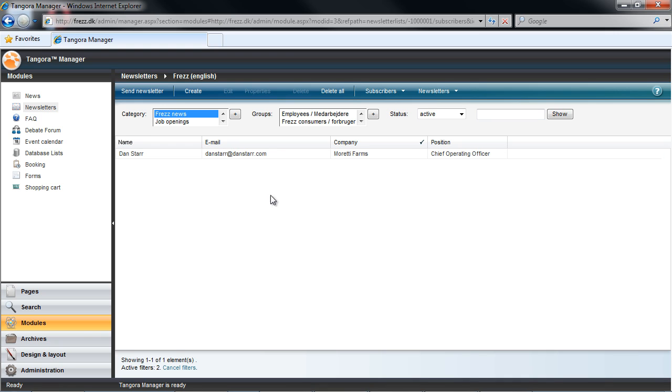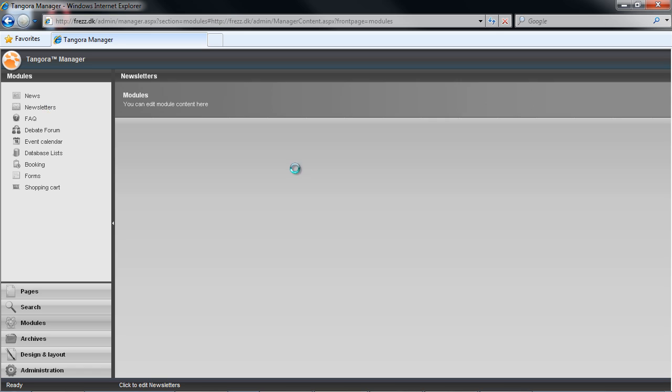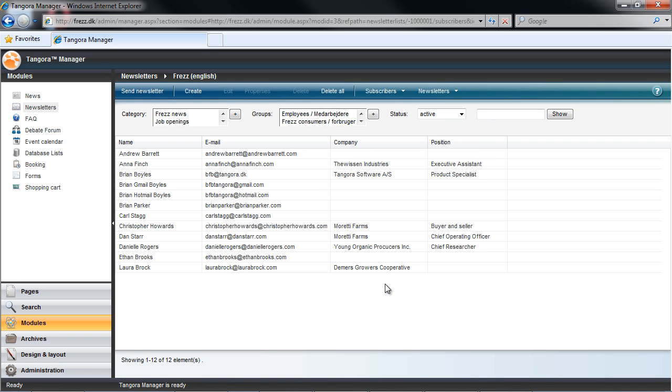Now, if I were to leave the newsletter module here and return at a later point, I would experience that the same SmartView configuration will still be visible. It's a great time saver, but it's also an important piece to remember here that when sending out newsletters, you should always consider who you're sending to, because maybe you have a view by category or filtering in SmartView which isn't appropriate for the newsletter that you're sending out. Finally, I just want to show that we could cancel our filters and sorting by clicking on these links at the bottom in the status area of our overview.